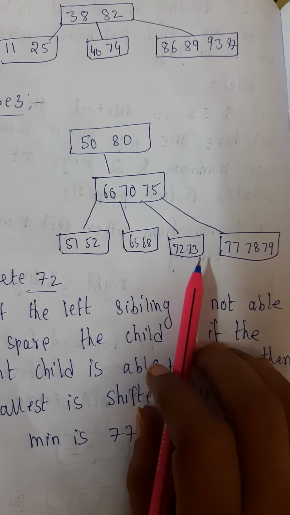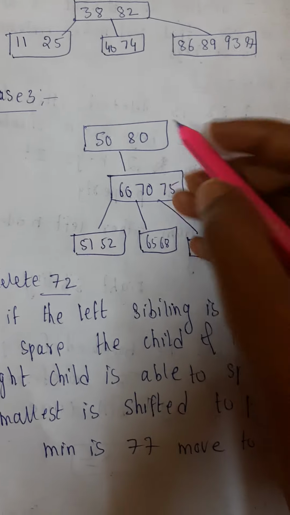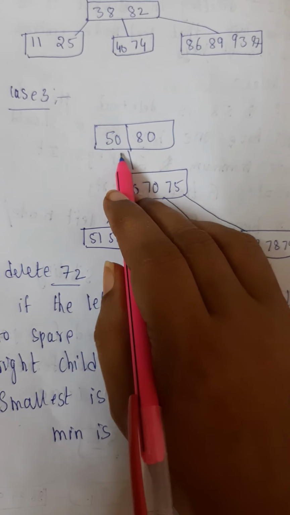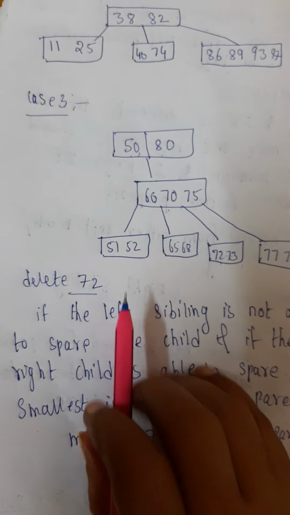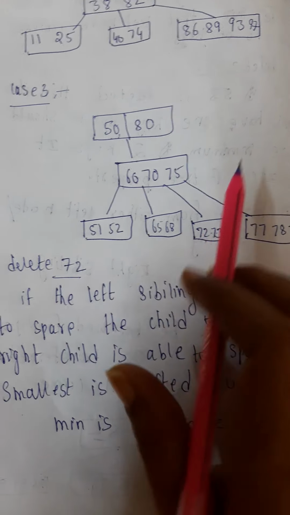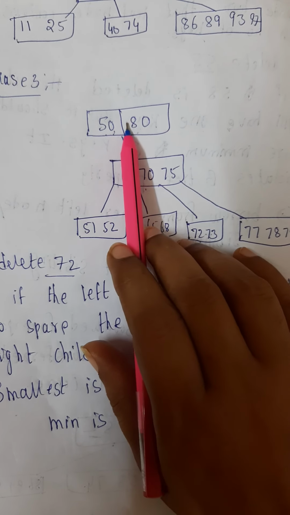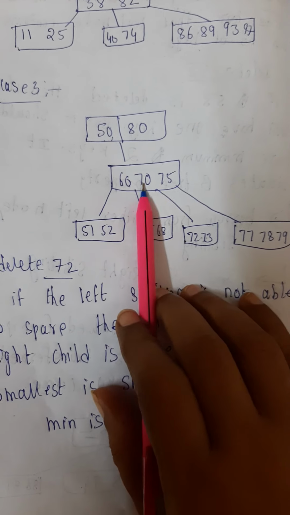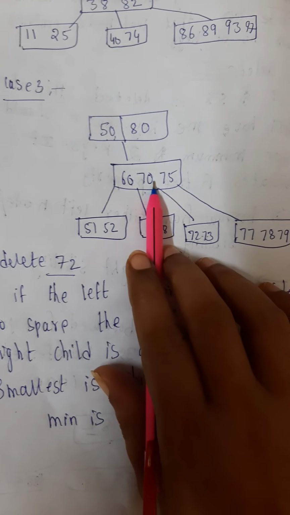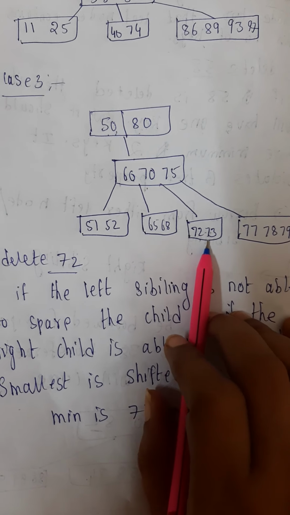This is one case. Now we will take one more case. This is one more tree I have considered. Like different cases, I have considered different examples here. So this is one tree I have, and the root node is having 50 and 80 values. Now in this case I want to delete 72. So let us check where do we have 72. So 72 is greater than 50. That means it is the right child of 50. Again, if you come here, 72 is greater than 70. That means it is a right child here. So now here you have 72.